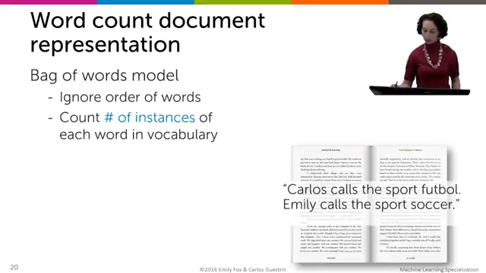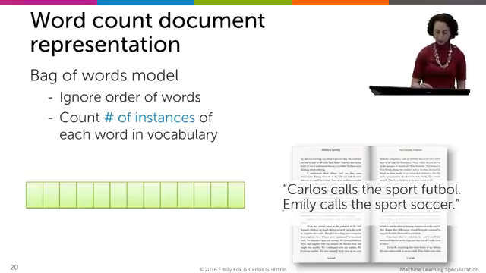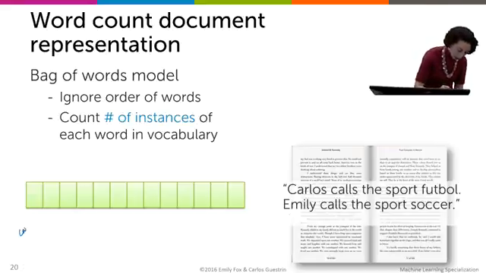Carlos calls this sport football, Emily calls this sport soccer. In this bag of words model, we just ignore the order of these words, and we're simply going to count the number of instances of each word, and that's going to be our word count vector. So here's our vector over our entire vocabulary, and maybe this is the index for Carlos, and maybe here we have Emily,